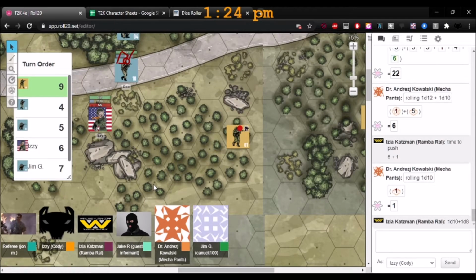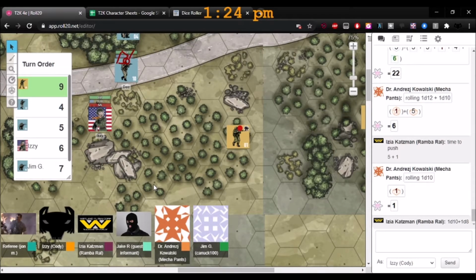Okay. So that means minus 1 for medium range. So he's going to have 2 D8s. The lower one is going to go down to a D6. So now he's got a D8 and a D6. You are in forest, so that's another step further. So the D6 goes away. Now he's just got a D8.